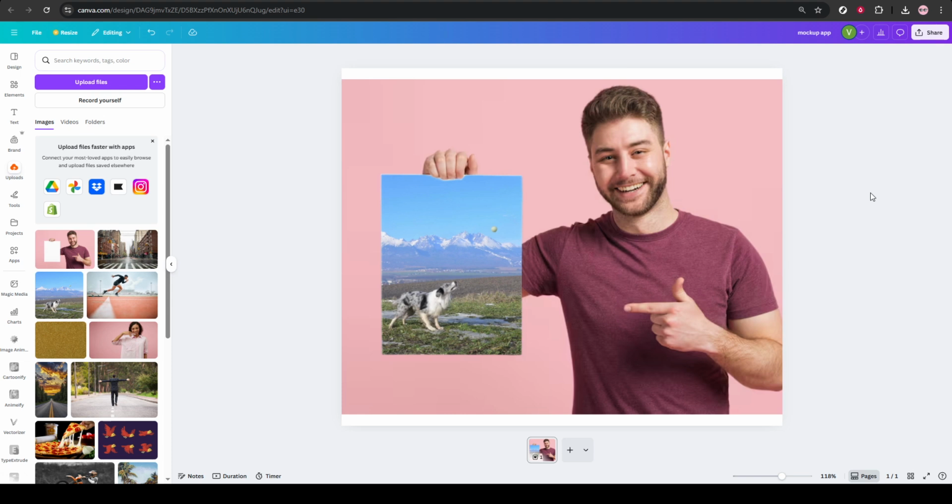Finally, adjust the look. Use the adjust controls to fine-tune brightness, contrast, and saturation, so your artwork feels naturally integrated into the scene. Subtle tweaks can add depth, improve readability,